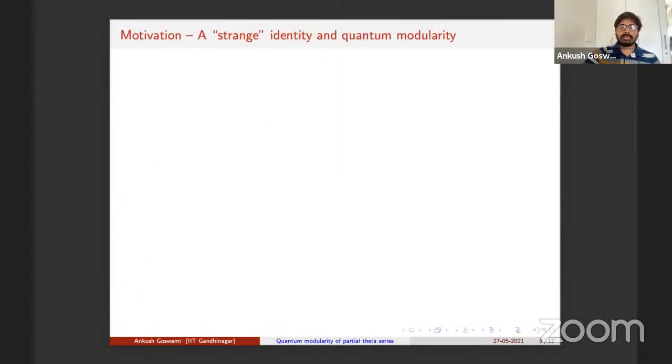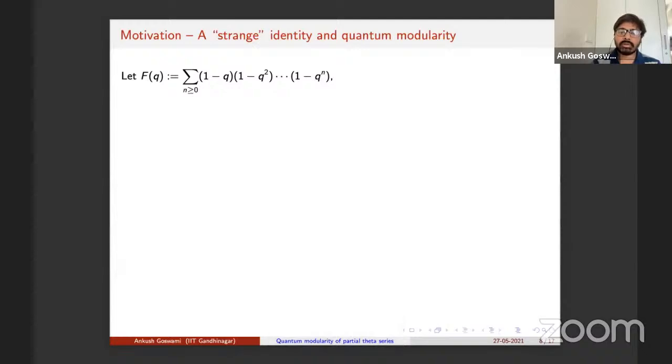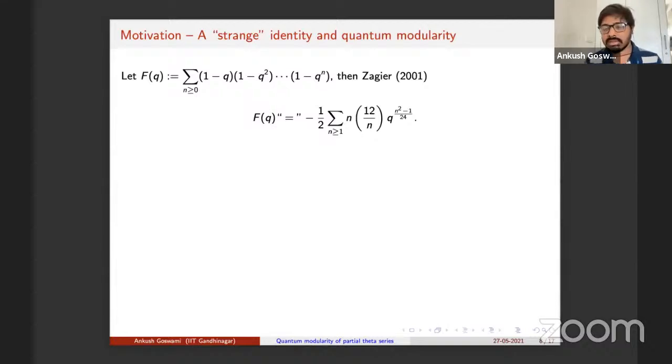Okay, so let me now tell you the motivation of our problem. The motivation came from the study of this function by Zagier. And this function satisfies a really strange identity, which I'm going to show now. So this function f of q is defined to be this infinite series over all non-negative integers n, of 1 minus q times 1 minus q square all the way up to 1 minus q to the power of n. And Zagier showed that this function satisfies this, I should not say an identity, but this type of